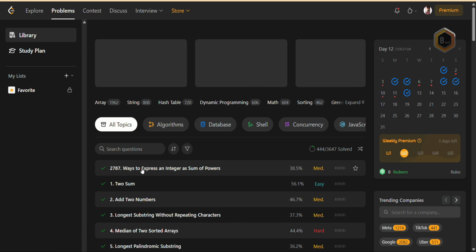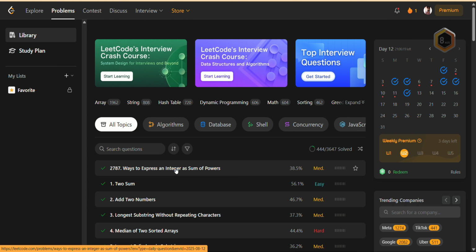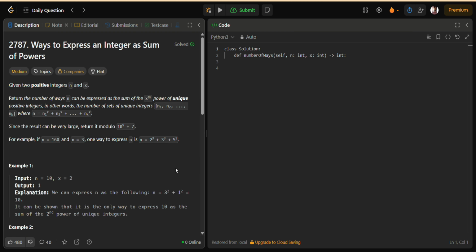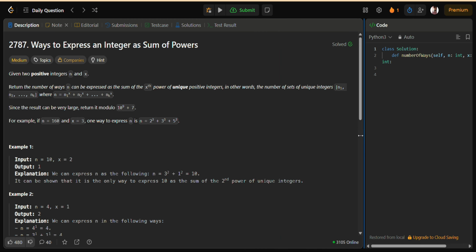In today's video, we're solving an interesting problem that's all about counting the number of unique ways to represent a number as the sum of powers. We'll break it down step by step, walk through an example, discuss my approach, and finish with complexity analysis and